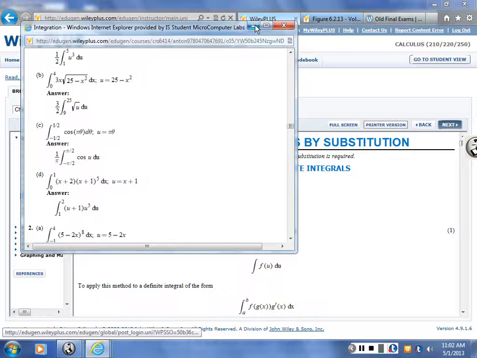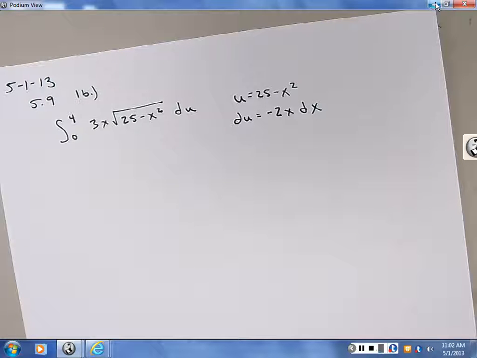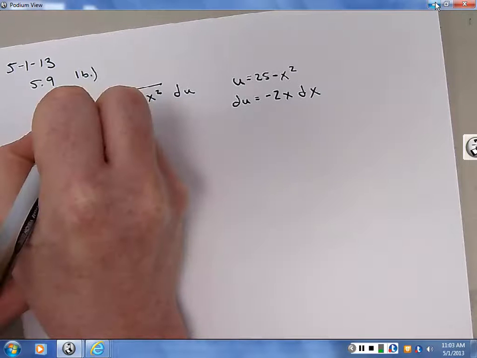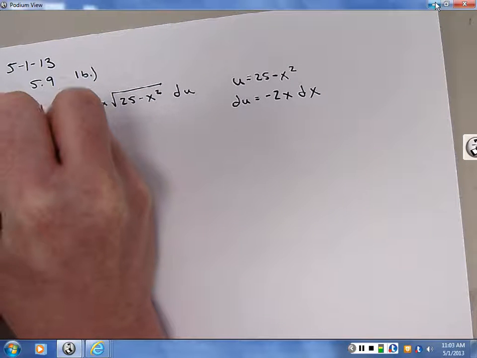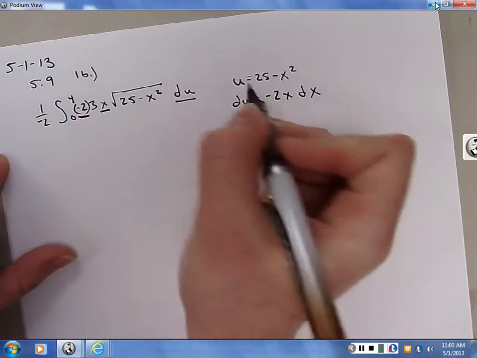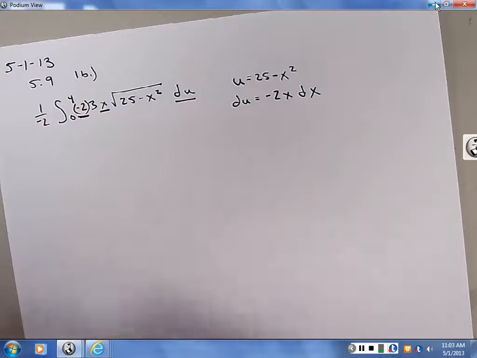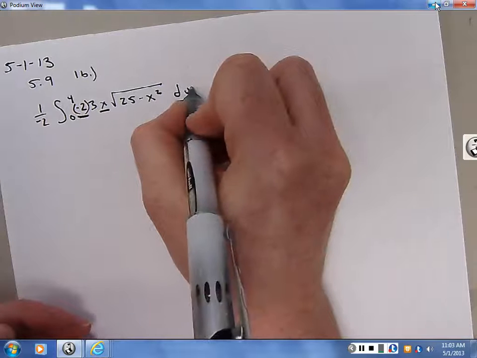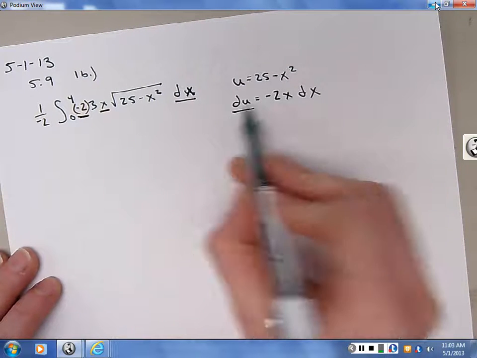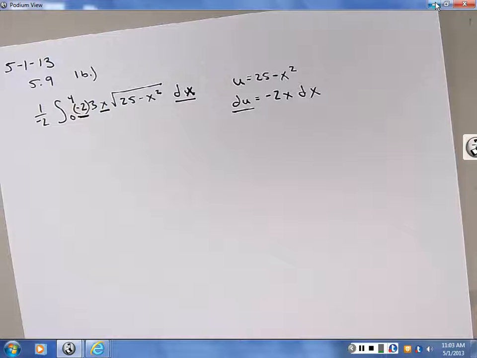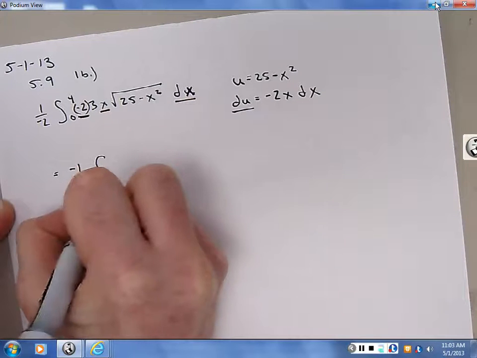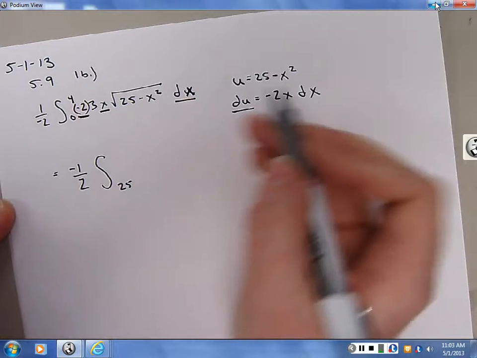Okay, I'm going to flip this over. Sorry about that. So I have this, right? I can come in here and multiply by negative 2 and divide by negative 2. So then negative 2x, that's dx, not du. Sorry about that, getting ahead of myself. So negative 2x dx can be replaced with du. So if I do this, I have a minus 1/2, the integral of 25 to